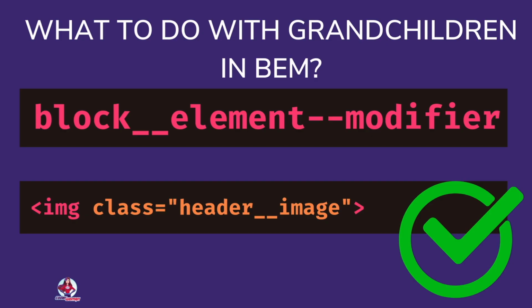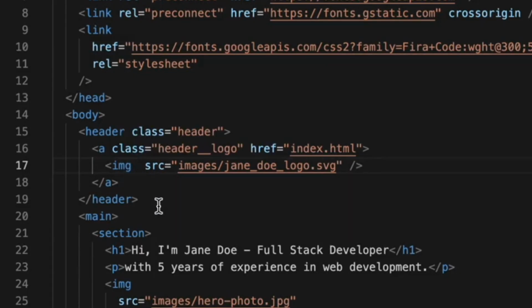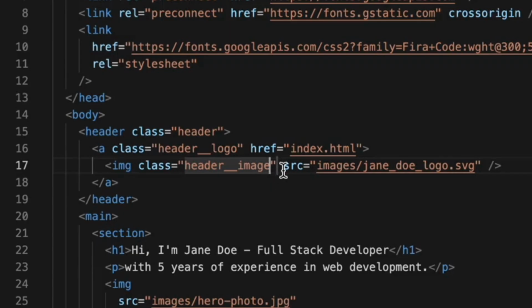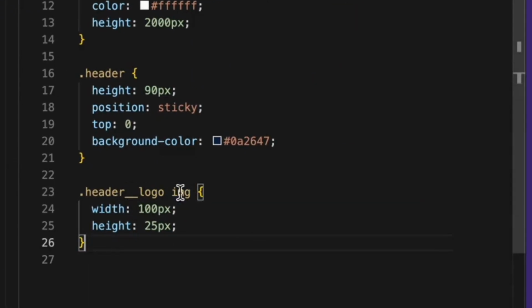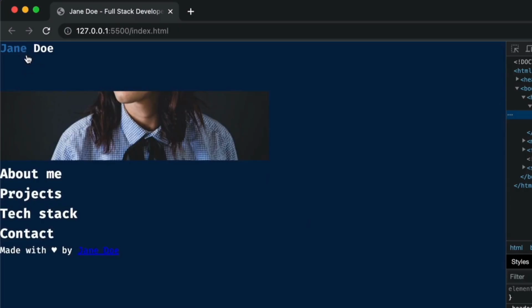So let's name the image class header image. Let's add it to the HTML code. Great! Now in styles.css, we can replace header logo img with header image. Great, everything works perfectly. At this moment, the logo is stuck in the top left corner of the header without